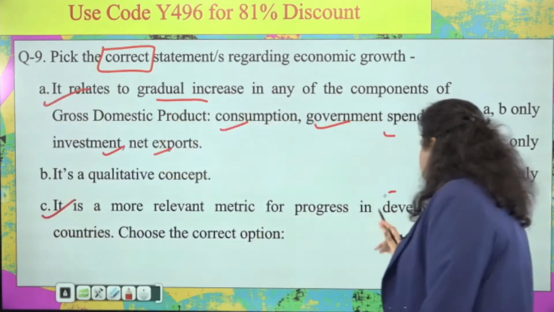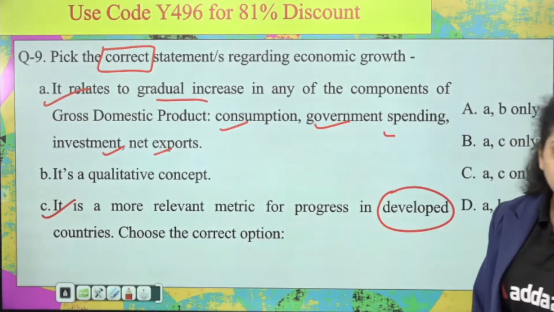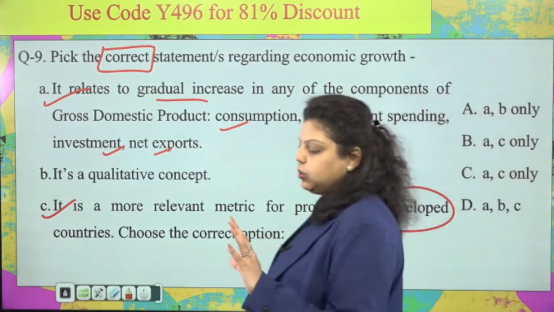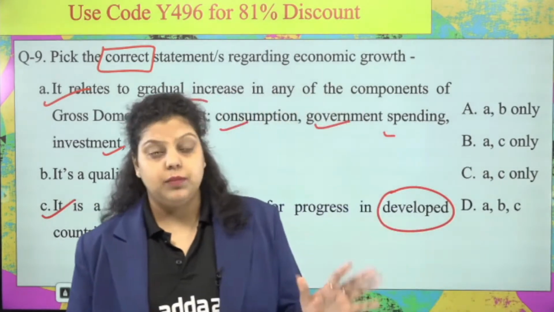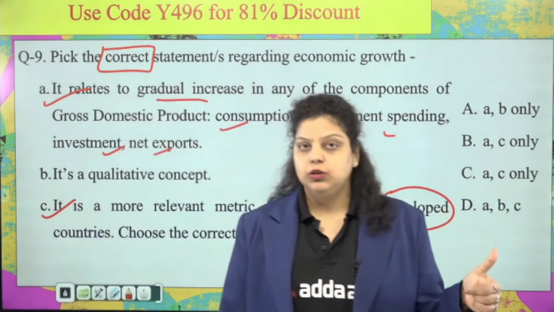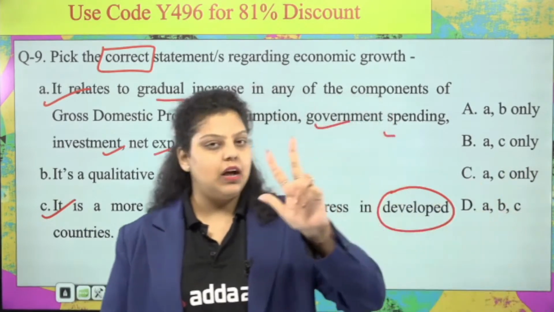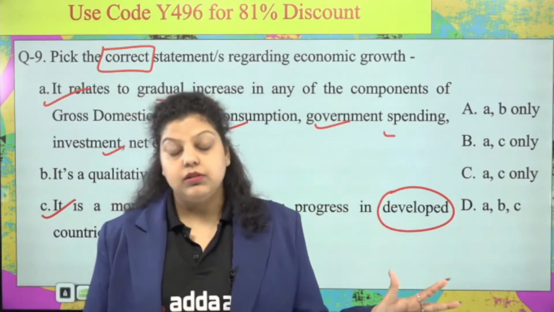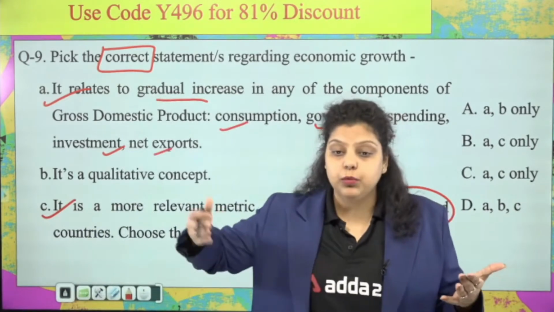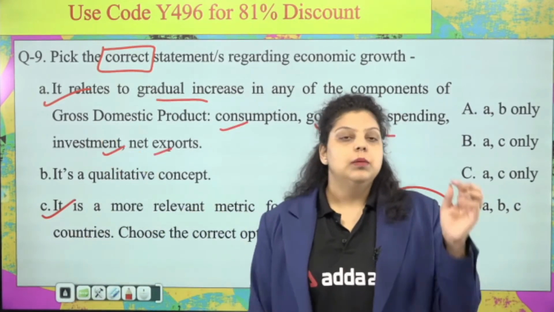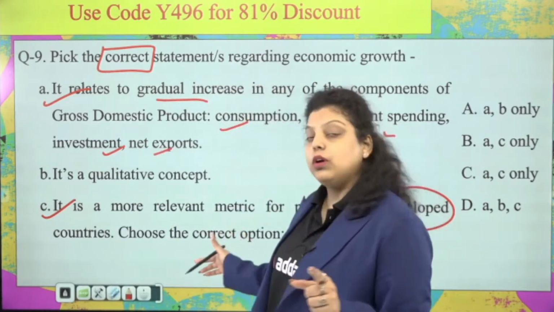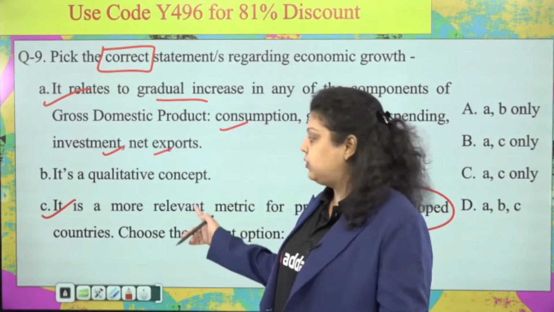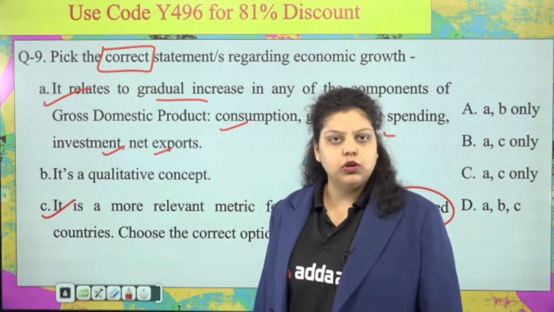We are talking about the developed nations here, right? If these countries are developed, they have all the infrastructure development capacity. They have developed roads, buildings, bridges, everything. They have provided a high living standard to the people. They have reduced poverty and the unemployment rate in the country. Now how will we know that progress is happening in the country? By checking the production level of the country. That's why the better option for developed countries to know the progress is economic growth. So the C option is also correct.